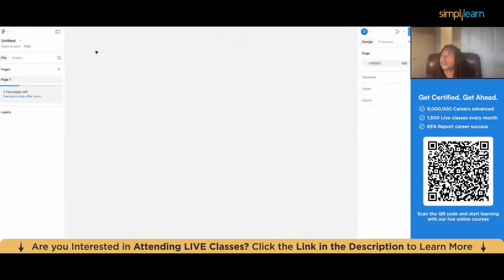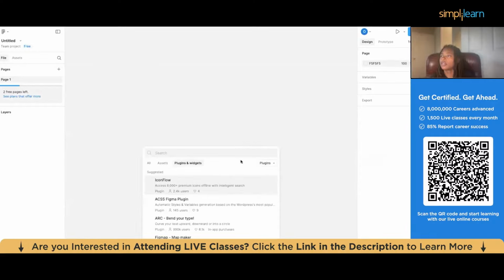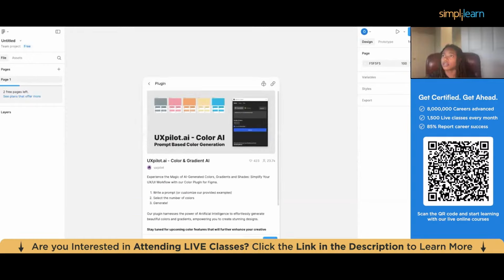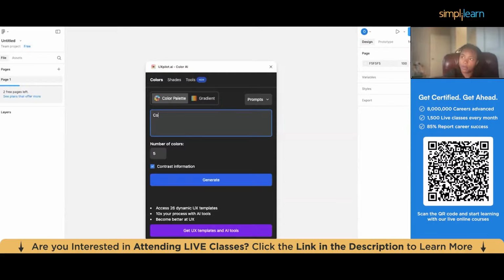Let's create a new design really quick. I'm going to navigate to plugins. And I guess they have different ones, but this one is spelling it all together, so try that, like putting UX and Pilot. Let's come up with a color palette. Come up with a color palette for a dog washing company, a dog washing mobile company